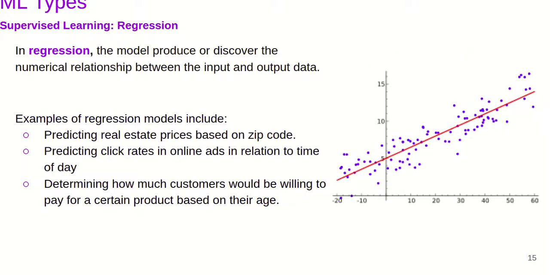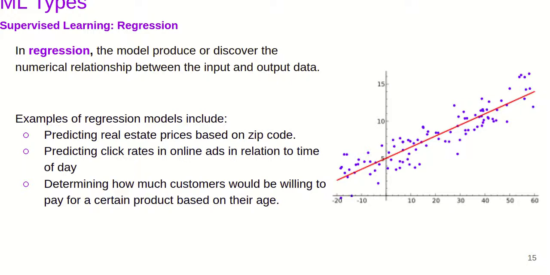So we have seen so far that we have AI, and inside the AI we have machine learning, and inside machine learning we have many types. The first type is supervised learning, and in supervised learning we have two main tasks. The first task that we have seen is classification. Now the second task is regression. Basically, in regression the model will try to discover a numerical relationship between the input and the output data, and seeing some examples will help us